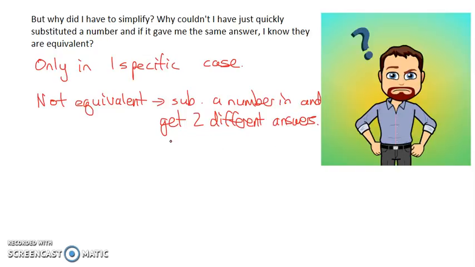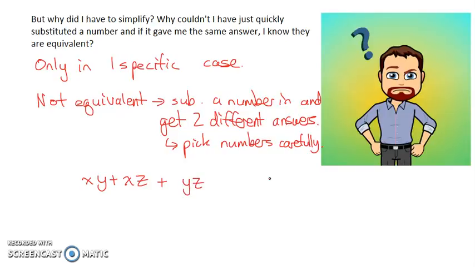Be careful that you pick the numbers carefully. Because if you don't pick the numbers carefully and you're trying to show something's not equivalent, you may actually be wrong. For example, if I have xy plus xz plus yz, and I have x squared plus